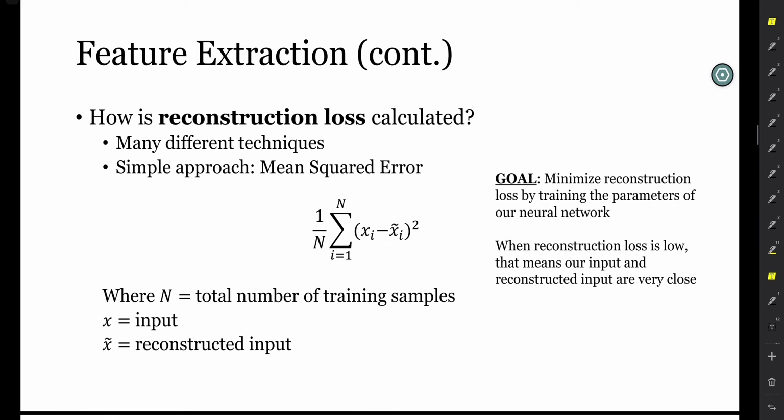Our model learns to reconstruct the music file by something called the reconstruction loss. The reconstruction loss, as I said earlier, is just a measurement of how well our autoencoder is at reconstructing its input. The reconstruction loss can be calculated many different ways, but we're going to use just a simple approach called the mean squared error. The mean squared error is just the input variable, which is the music file, minus the reconstructed music file,